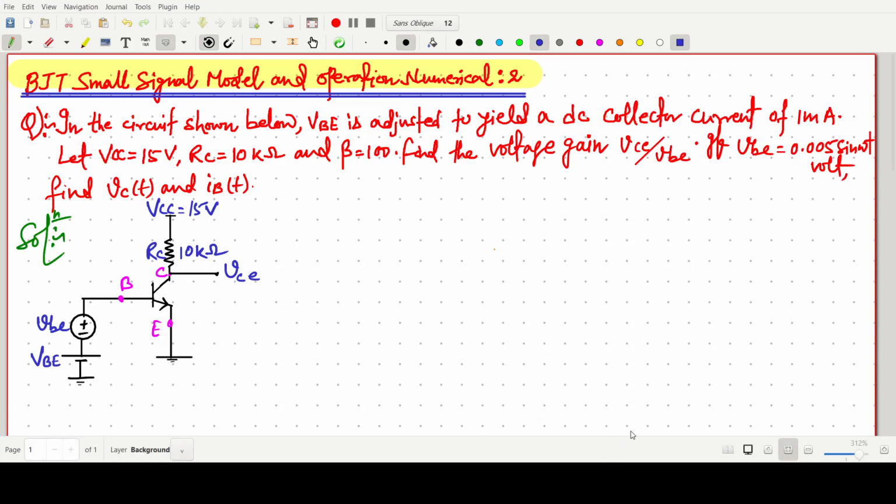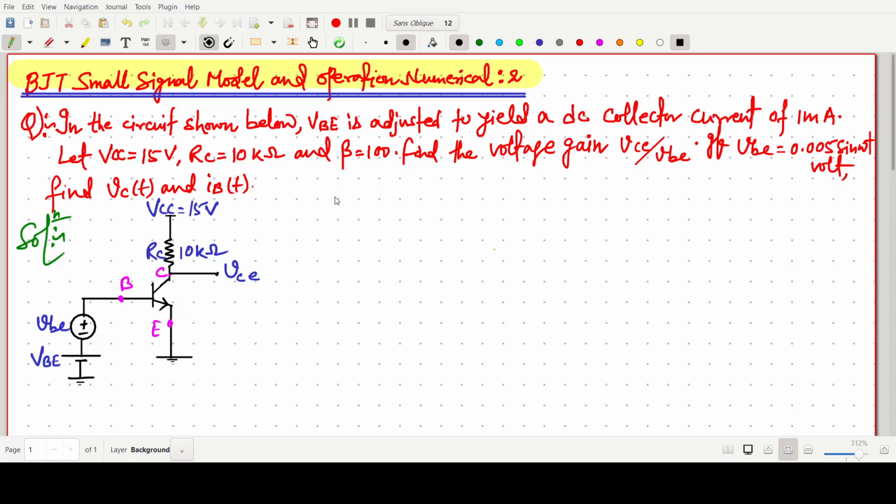Welcome everyone. In this lecture, we will solve a problem based on BJT Small Signal Model and Operation Numerical from the Microelectronics Circuits book. So the question is: in the circuit shown below,